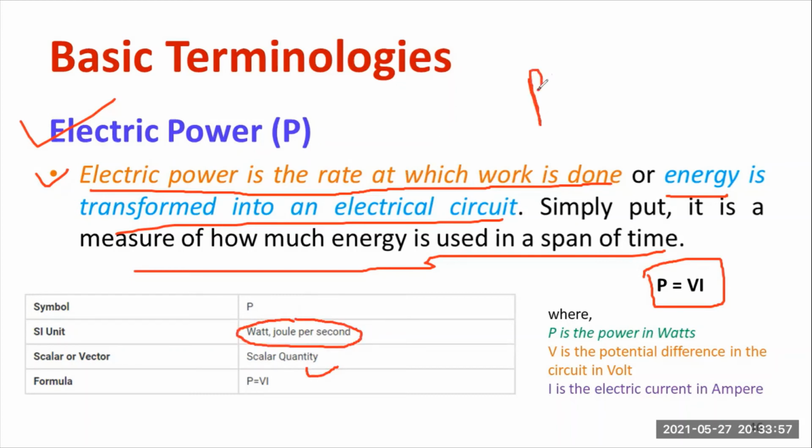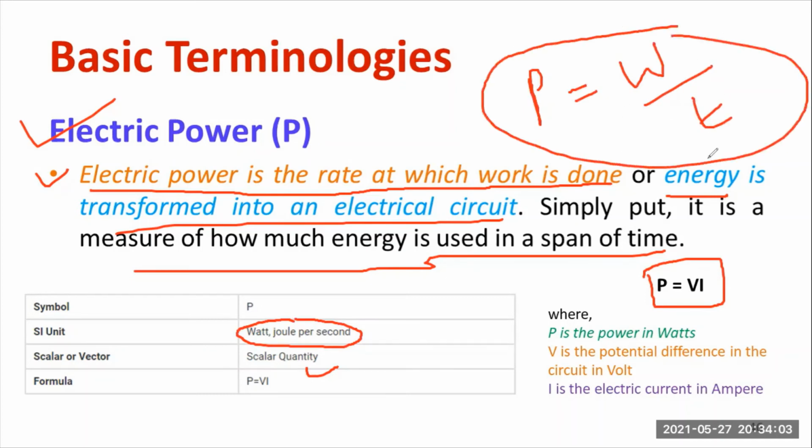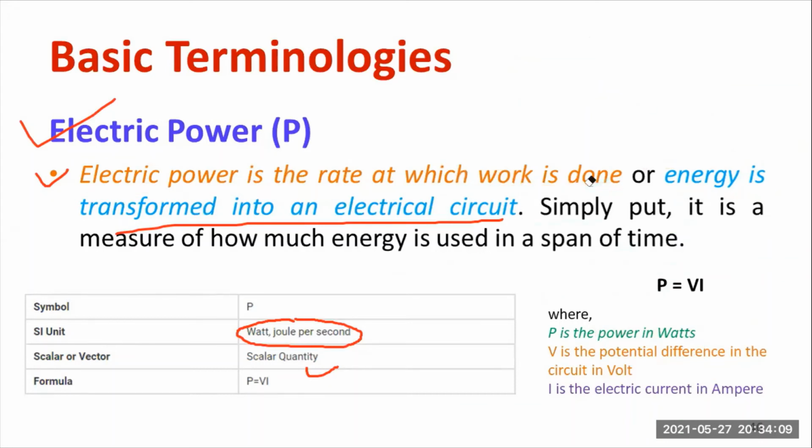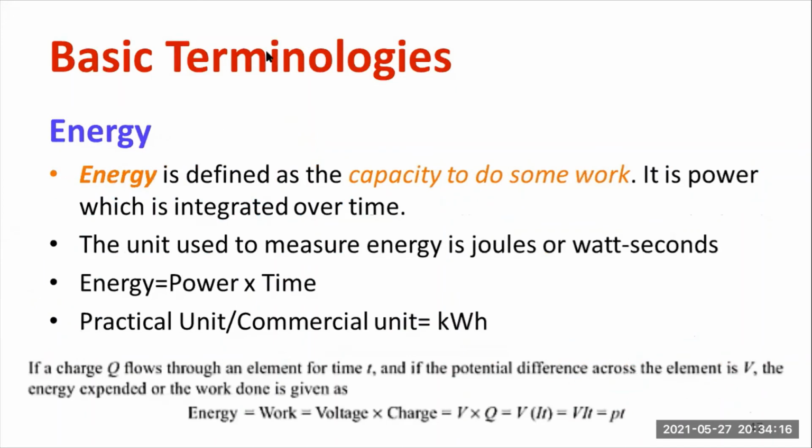Work by time, power is equal to W by T, work by T. This also can be written. For a mechanical system, it is better to write in this manner. For an electric system, you can write in this way. Anyway, both are interchangeable. So that point also you have to remember. I'll be discussing electric power in detail in the first module. At that time, I'm going to explain in detail.